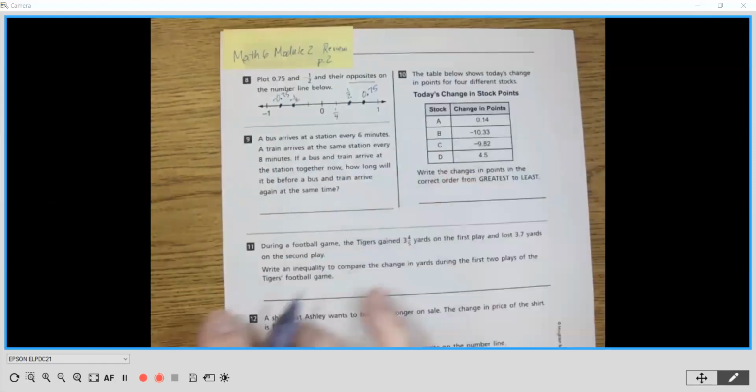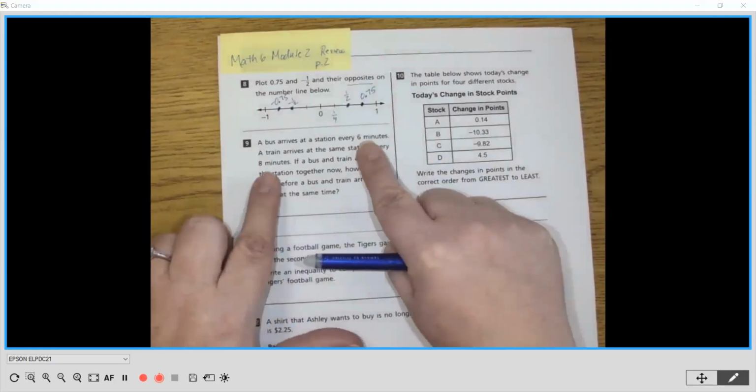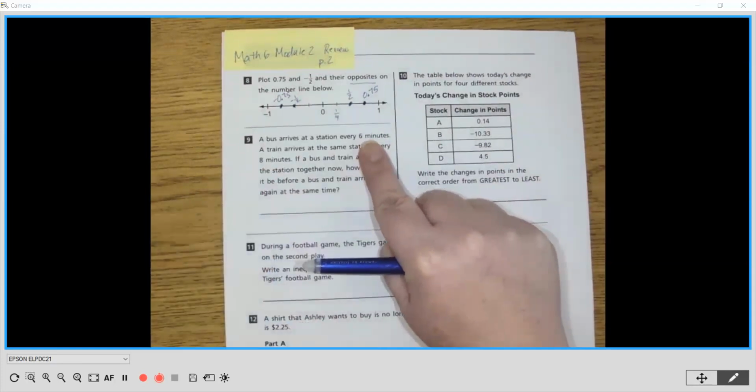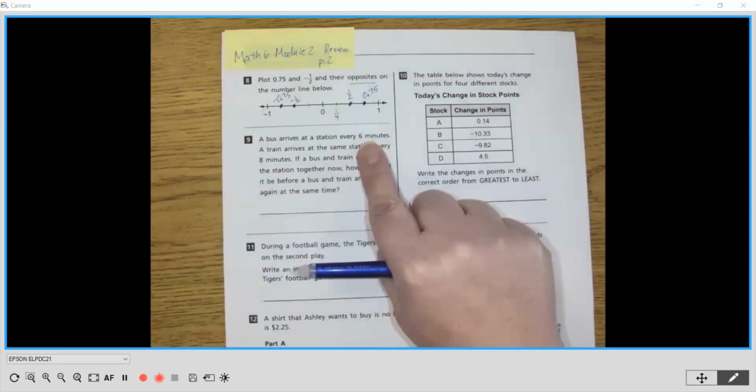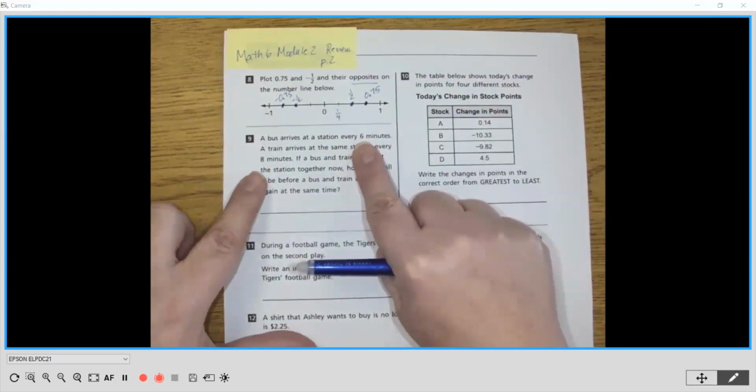Number 9, a bus arrives at a station every 6 minutes. A train arrives at the same station every 8 minutes. If a bus and a train arrive at the station together now, how long will it be before a bus and train arrive again at the same time? So we're looking at every 6 minutes and every 8 minutes. We want to know how many more minutes are going to pass until they meet at this station again. So we have 6 minutes